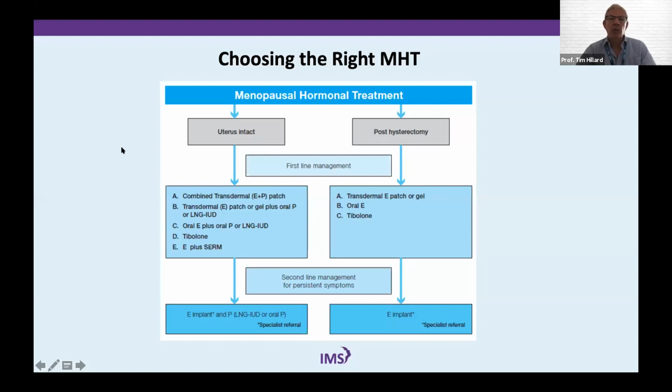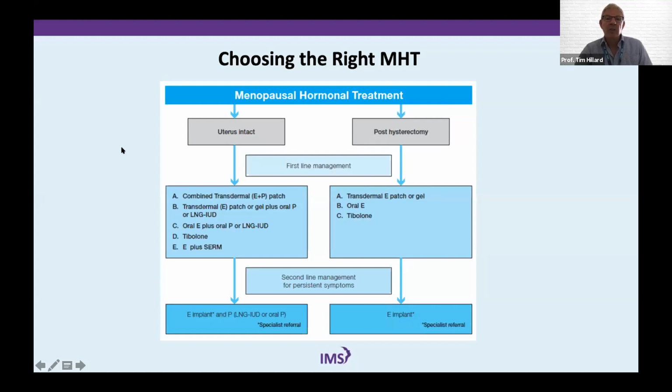So if we look at the options for perimenopausal women, this is the group that really causes the most confusion. The options, as again Rod has highlighted, are to either give continuous estrogen and sequential progestogen. This is usually the best starting option for women over the age of 45. It's important to commence on the beginning of their natural cycle. So if they're still having a 28-day cycle, to start around day 1. And this will hopefully coincide the MHT cycle with their own natural cycle. MHT in the doses we use is not strong enough to override somebody's cycle. So if we start it randomly, you may well get irregular bleeding straight from the start.